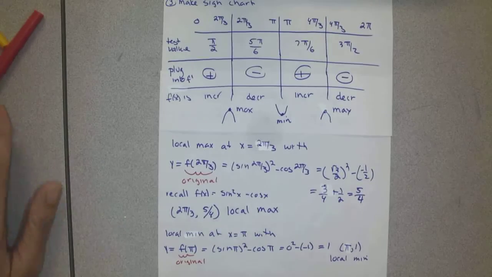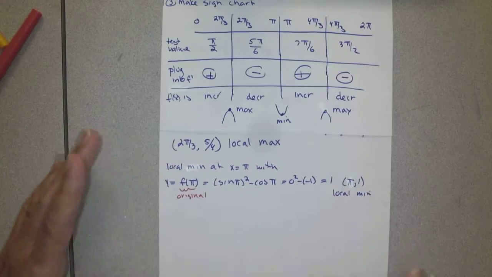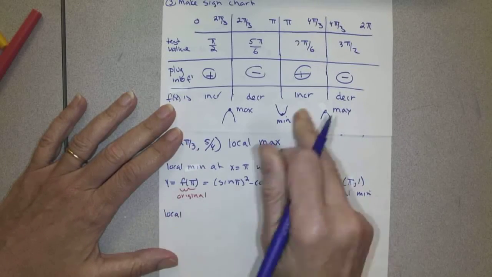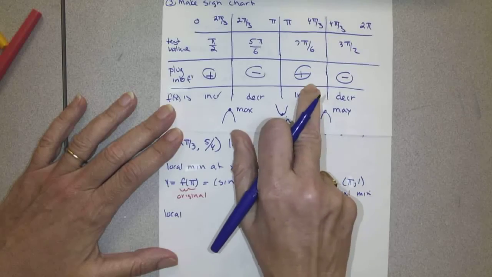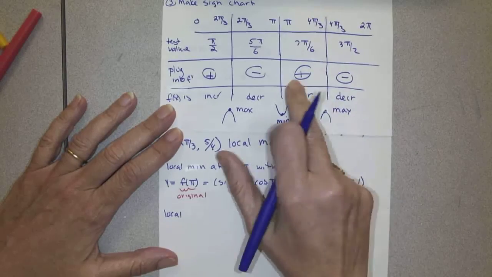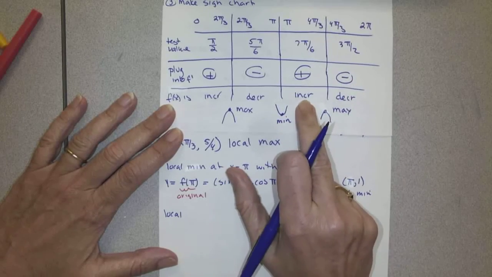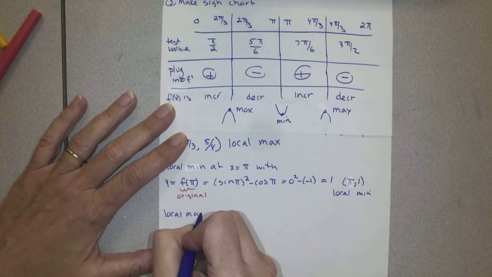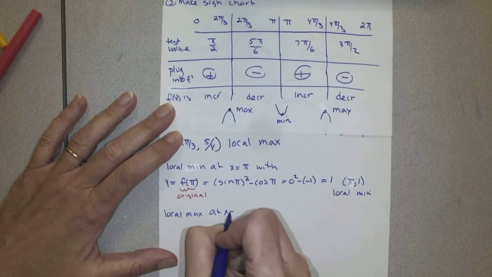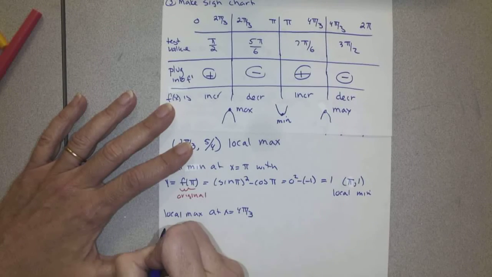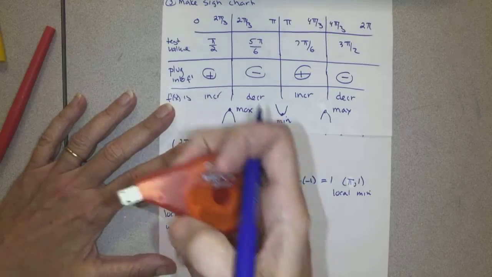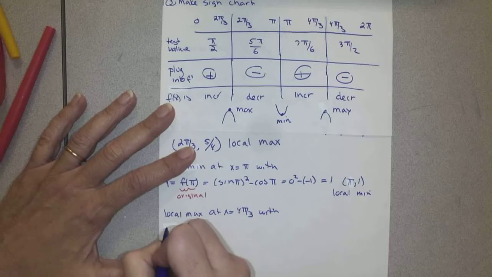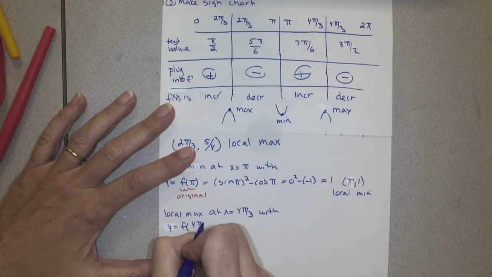Then we got one more number, 4 pi over 3. At 4 pi over 3, the derivative changed from positive to negative, or the function changed from increasing to decreasing. That means we had to have a local max. And so we have a local max at x equal 4 pi over 3 with y equal f of 4 pi over 3,